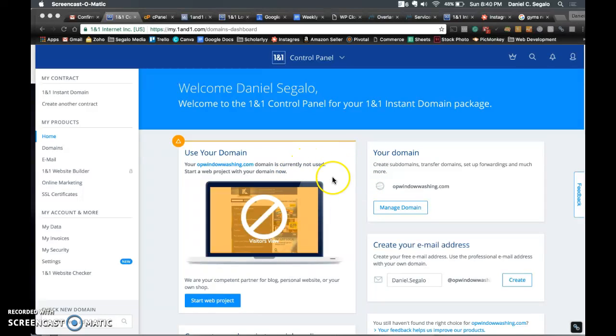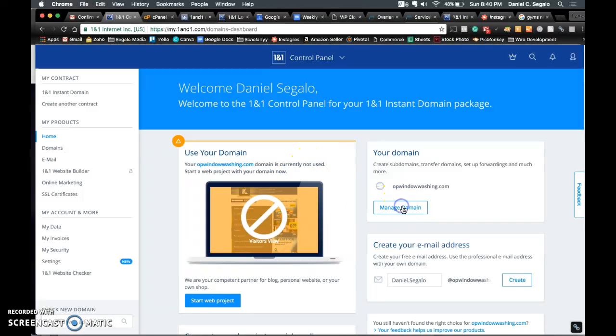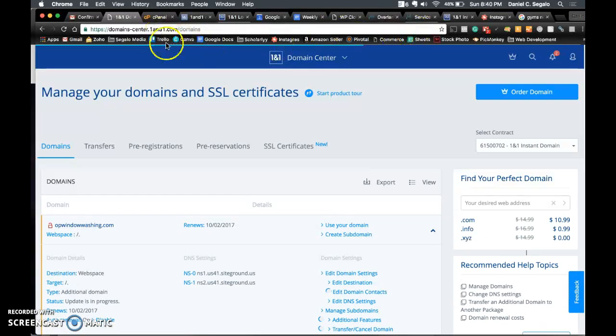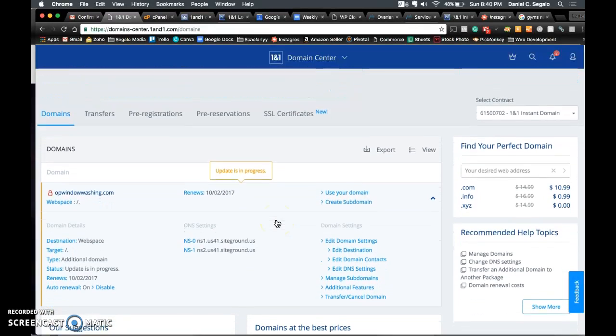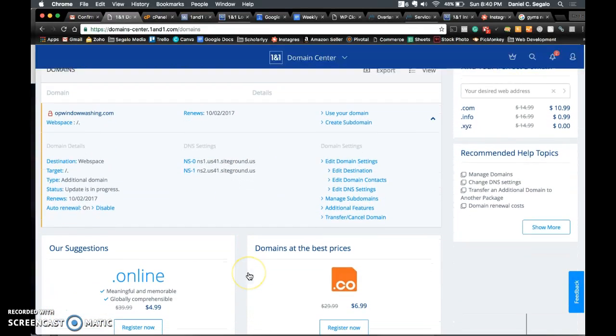Okay, so I'm back here in the control panel. I'm going to go here. I'm going to click on Manage Domain. And you may have like 10 of these in here, 15 of these. Find the one that is associated with the domain that you're trying to point. Okay. If you don't notice, I have like 1,000 tabs set up here. But anyway, so next what we're going to do, this is the back end specifics